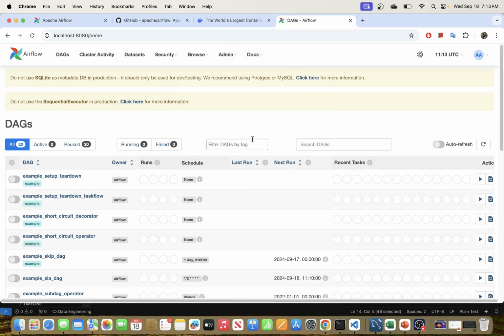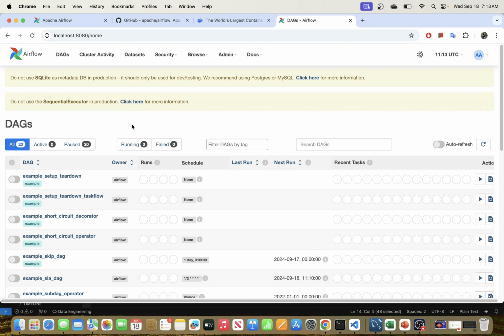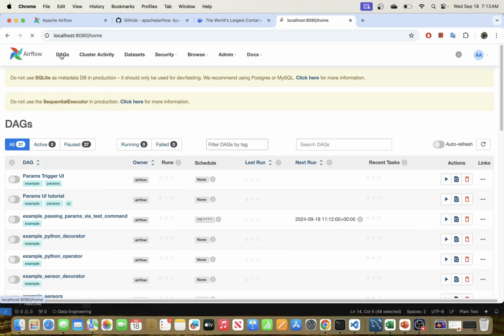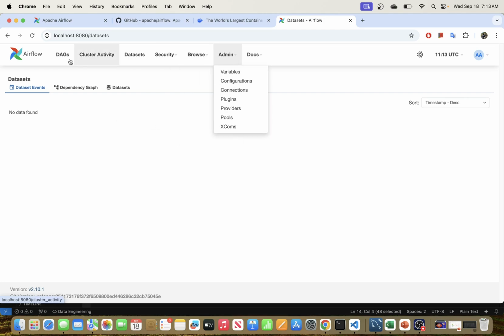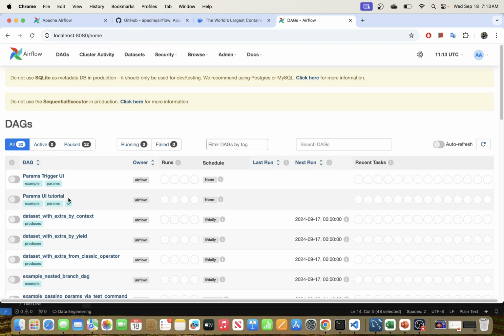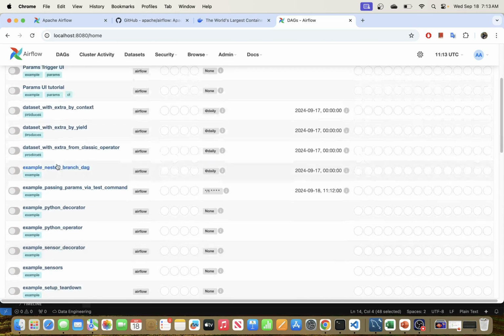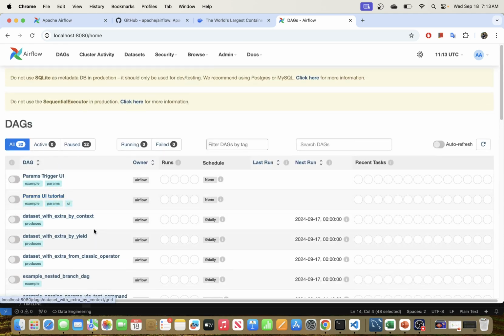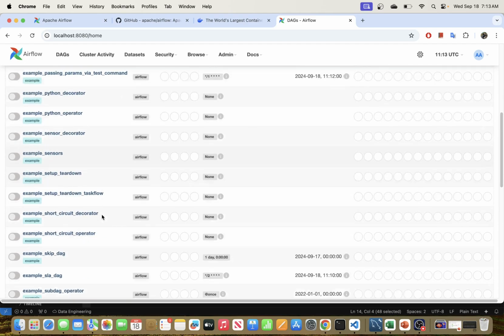Okay, so you can see now that we have our UI available, and this is how the Airflow UI looks. So you have your DAGs, you have your datasets, and you have all your configurations and everything. Okay, so these are some of the DAGs that come by default. These come with Airflow when you install. So let's go ahead now and